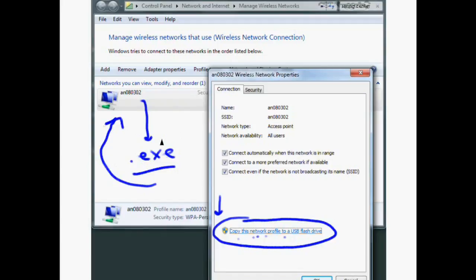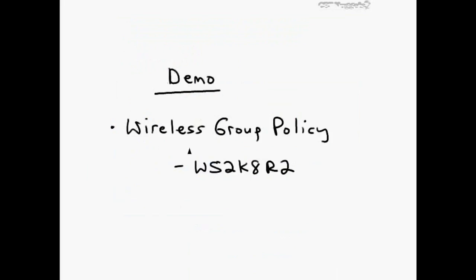Again, take-home message of USB profile backup. It's a way to abstract some of the complexities of establishing a client-side wireless connection and make it more accessible to the common man, to the common woman. In our demonstration, as previously stated, we're going to take a look at wireless-related group policy options in Windows Server